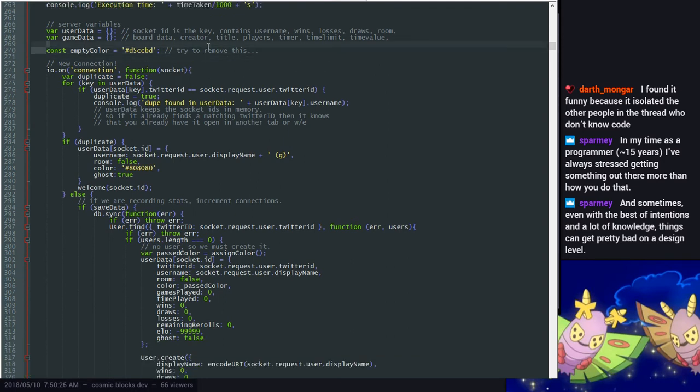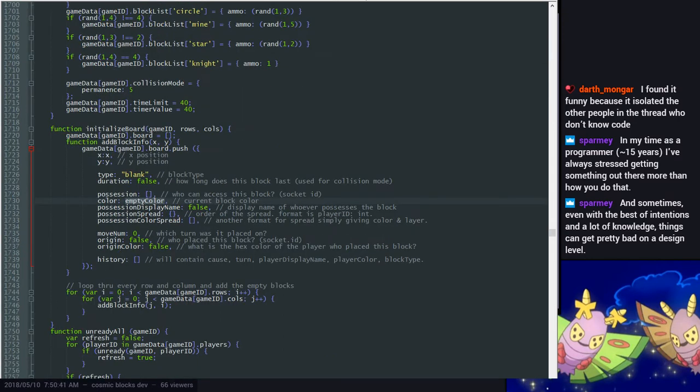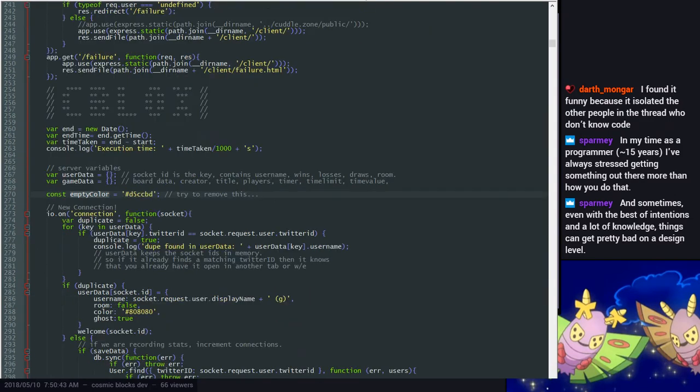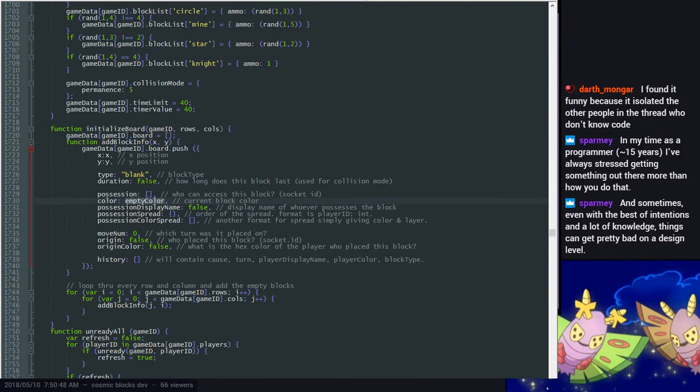So, empty color. I already commented to try to remove this because I don't really want this hex string in my server code, but I ended up kind of needing it for some stuff. Let me see where I even use it. So I use it in a few places. When I first initialized the board. Okay, so what I need to change here is that